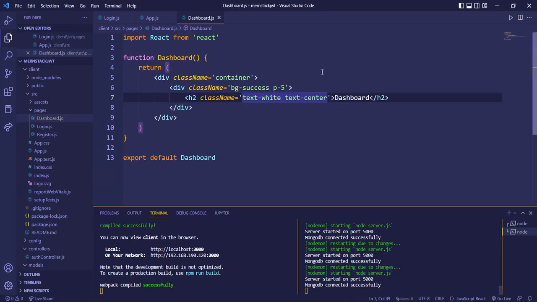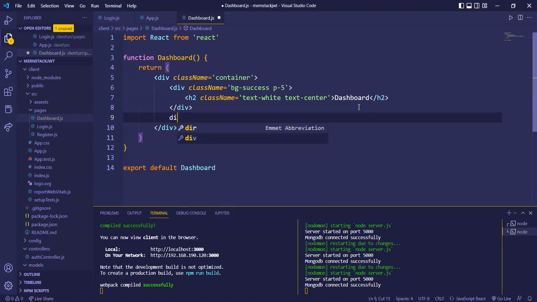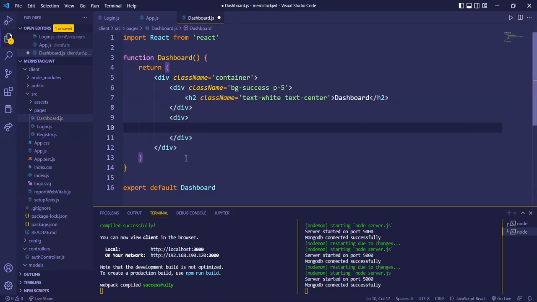We'll continue the next parts. After this h2, I want to have another div, like a different component. So div, and here I want to give margin and spacing from the top heading part, that is the green color which says dashboard. I'll have a margin top of 5, and the padding will be on all sides, 3